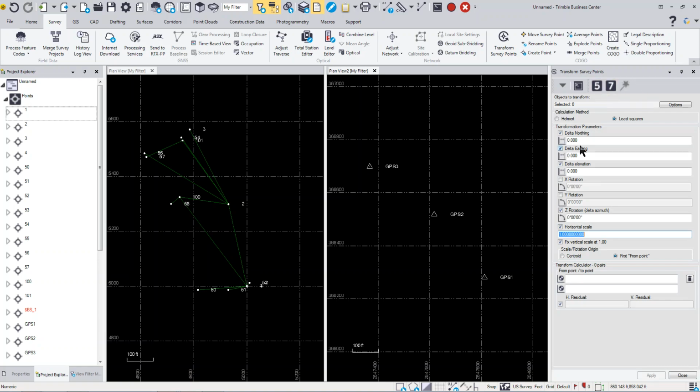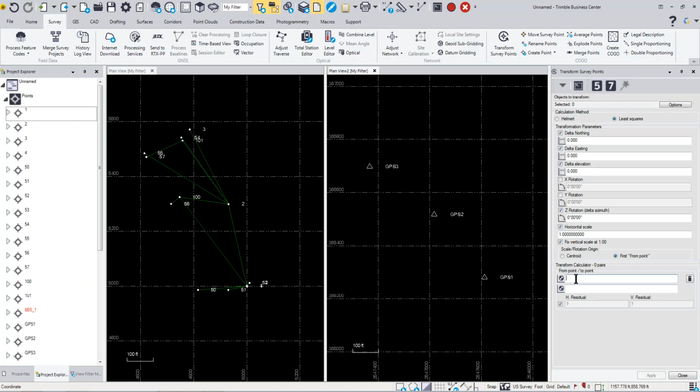5 will do a delta northing and delta easting, as well as an elevation, also a rotation angle and a scale factor. You can see that if you do 7, it'll do a delta X and a delta Y. So I'm going to choose 5 as my preset, and then down here you're going to be able to scale and adjust the rotation, and you can see that it's either going to use a centroid or the first point. So I'm going to use point number 1 as my first point,